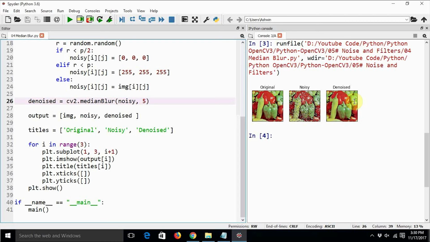This is one of the most dramatic examples of the working of filters. Even if your image is peppered with a lot of noise, if you use an appropriate filter for that, like median blur, then you will get a nice denoised image. And this has a lot of applications in image processing and in scientific computing.